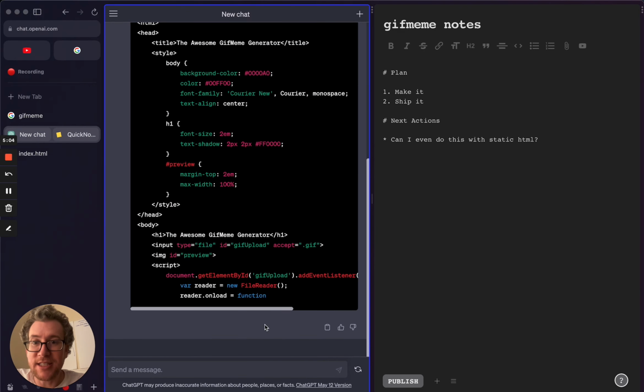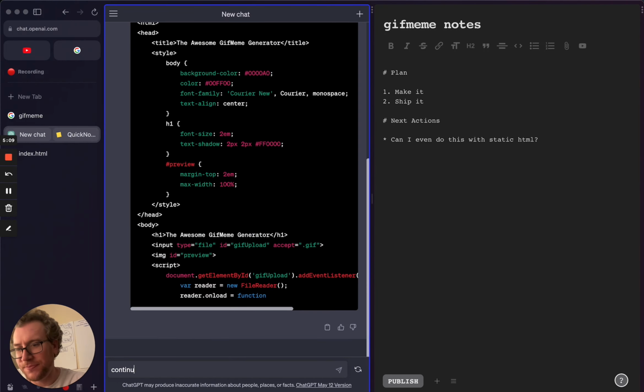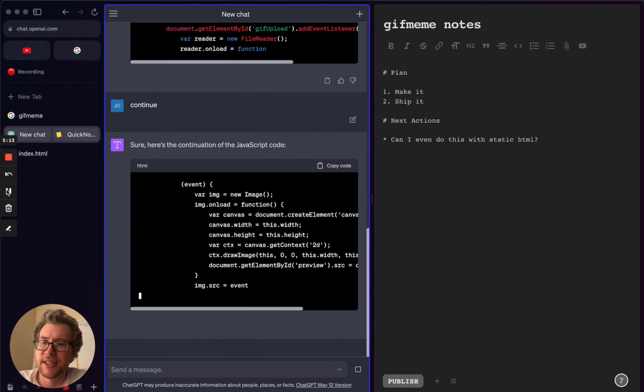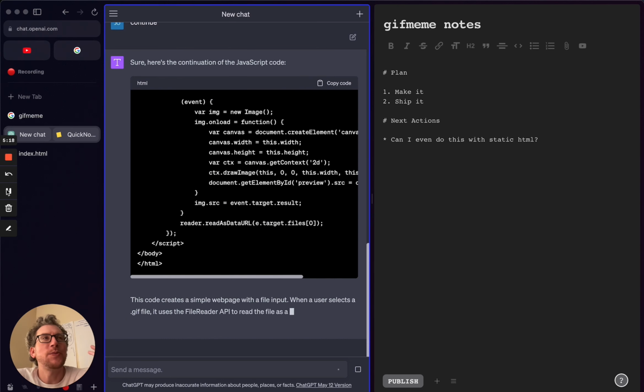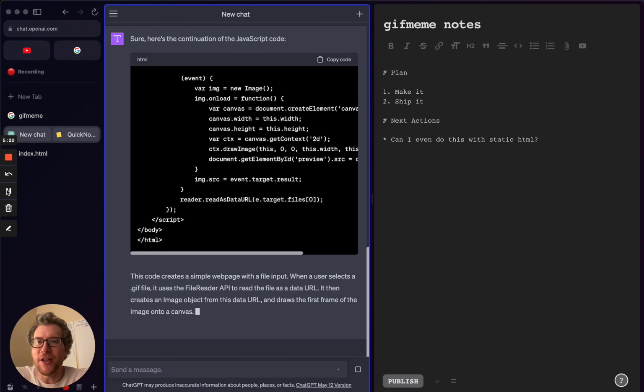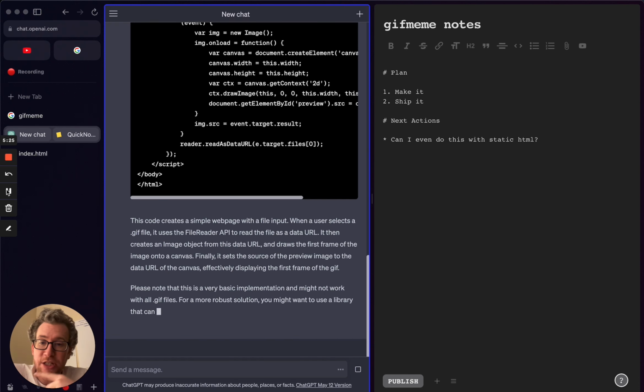It looks like it did stop generating though. So I'm going to ask it to continue. I find this part fun because I'm just wondering, is it going to work? Like, will I have something that I can work with on this, or am I going to have to complete search? When I was doing this at first with ChatGPT 3.5, it was just a crapshoot, right? You never knew if you were going to get something that worked really at all. But with GPT-4, it's pretty likely something like this is going to work.